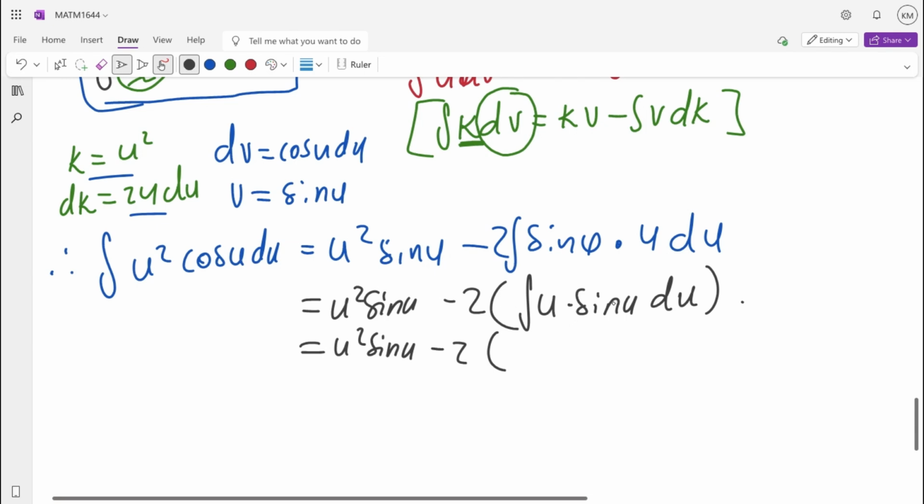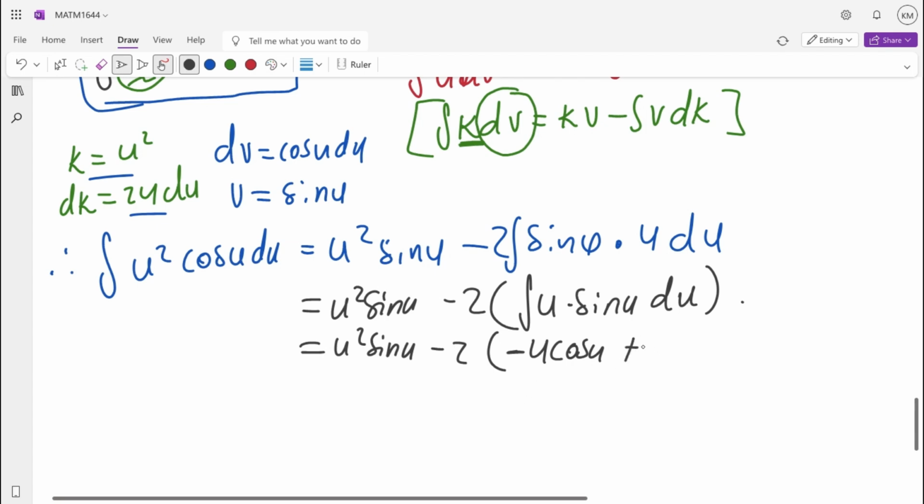What is this going to be? We still follow the same procedure. We can use another variable z. It doesn't matter. We can use any other variable. We're gonna let z be u. Then whatever remains will be our dv. So we know that the integral of sine u will be negative cos. So we're gonna have minus u cos u, then plus